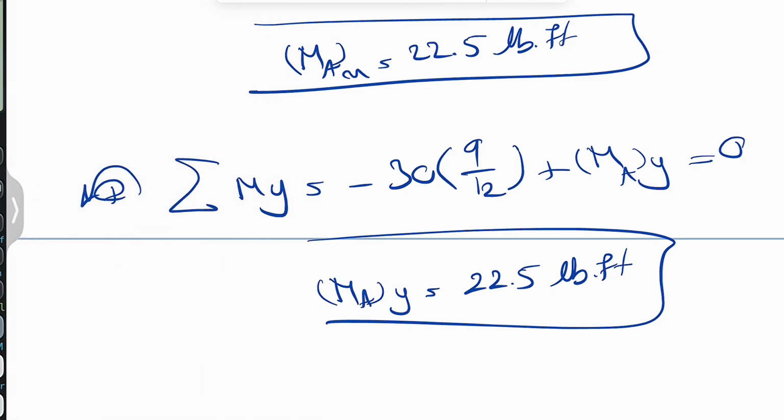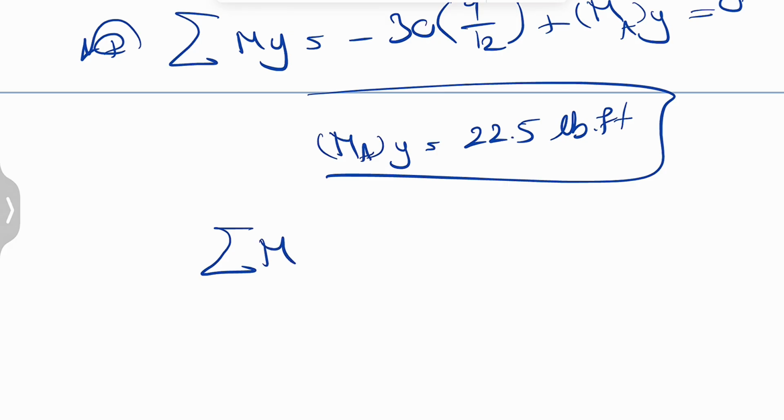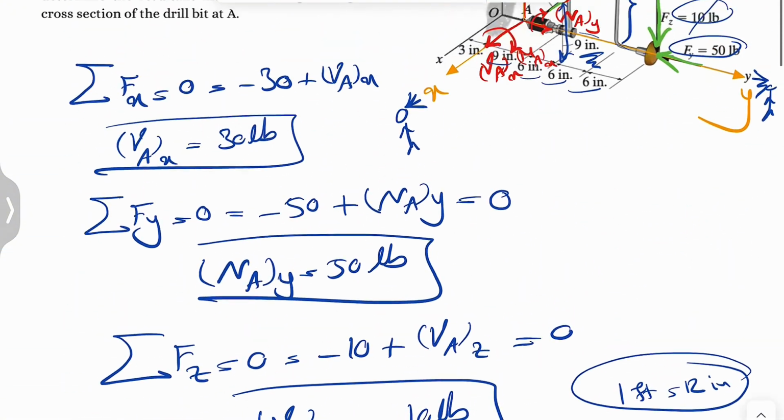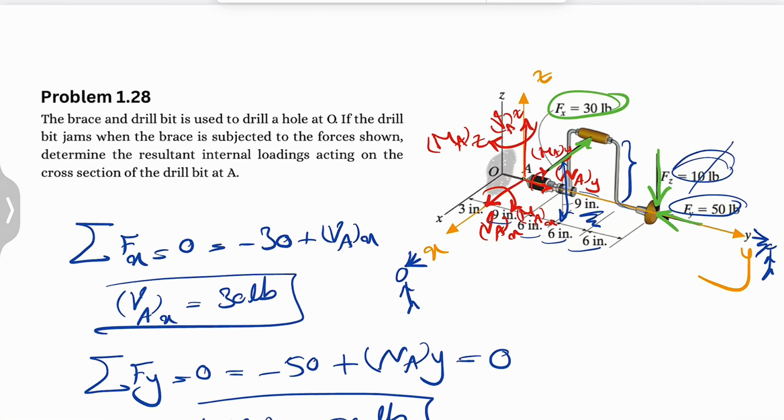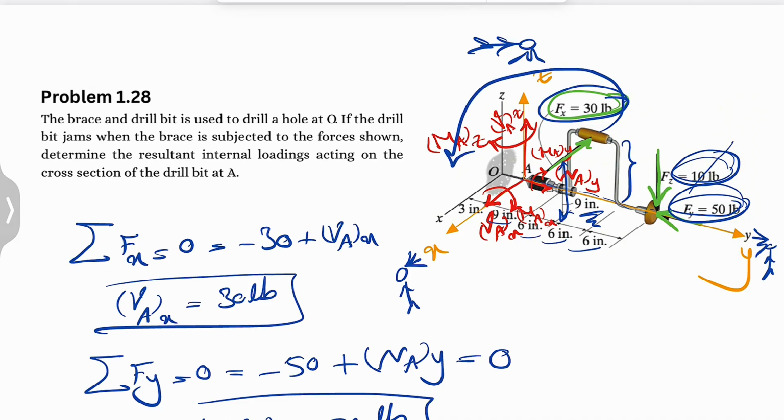And the last one would be the sum of all moments about z-axis. Let's see what we have. So again, the 10 pounds and 50 pounds are not going to make any moment about z-axis because one of them is passing through and the other one is parallel to the axis, but we have the moment of the 30 pounds. Again, we're going to look at it from here, and we can see that that moment is going to be in this direction. So from the point of view of that guy, this moment is actually counterclockwise, so it's positive,